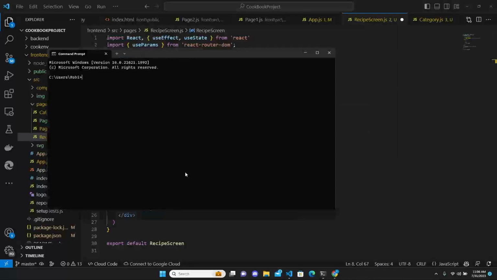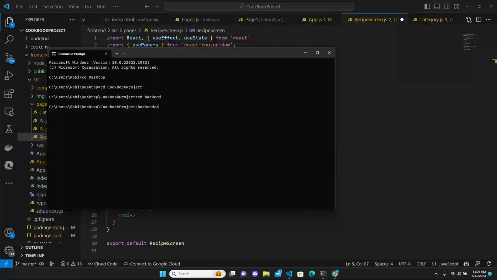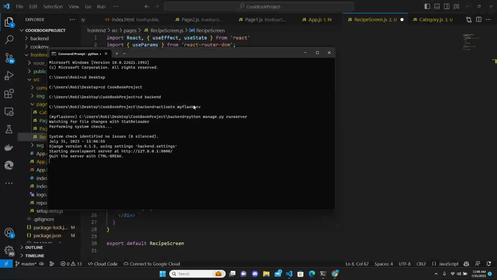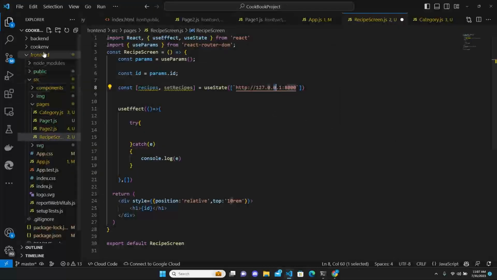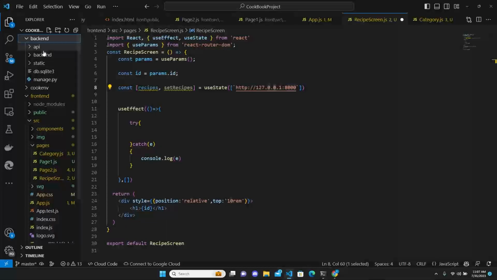Let me just show this to you. You can go to the desktop or where you have the project, Cookbook project, backend, activate the environment and run server. I said I have a different environment. You can use the other one that I used before. This is the server. You just have to copy this, add it here, and then if you remember in the